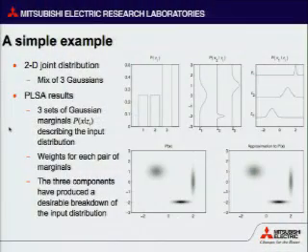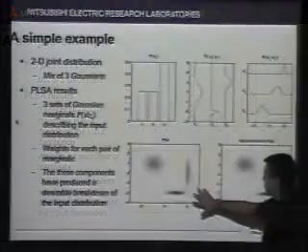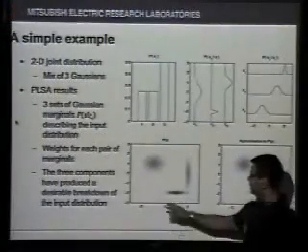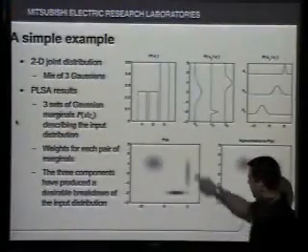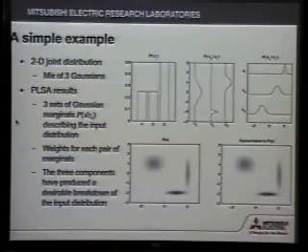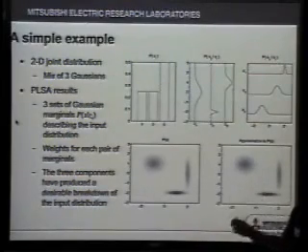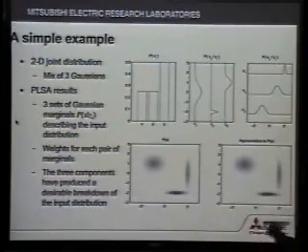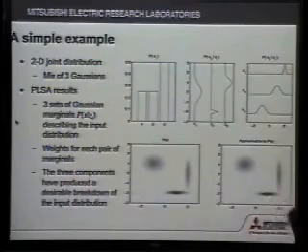Okay, so enough math. Here's an example now. Suppose I start with this distribution here. We have three Gaussians, one big fat Gaussian down here and two little thin ones over here. What happens if we do PLSA on that thing? In this case, we wanted a decomposition in terms of three, so the latent variable assumed three different values. We would get three marginals on the x-axis, three marginals on the y-axis, and then three numbers which are the priors of each marginal set.